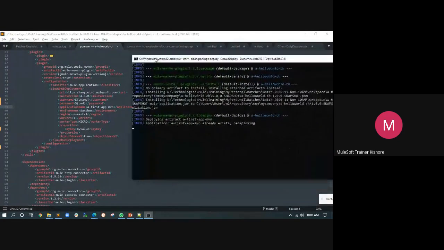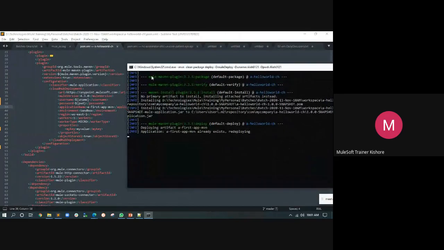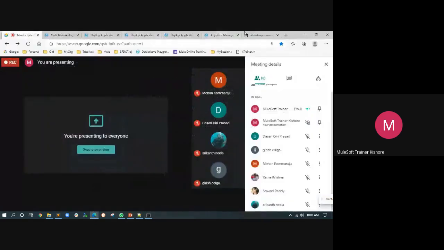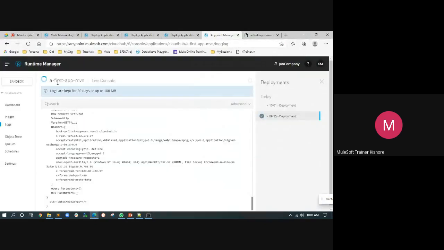See here, your application already exists, so I'm redeploying. That is what Maven is saying. It's identifying that your application exists, and it is going to redeploy. Now see this, the redeployment is happening. Your deployment happened at 9:55, and at 10:01 you are deploying it again.